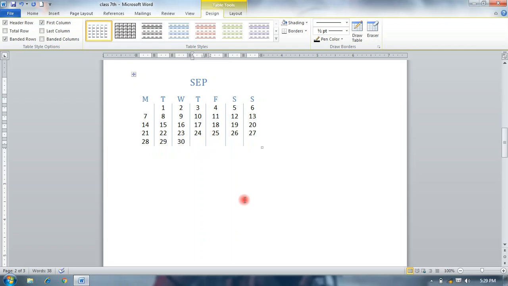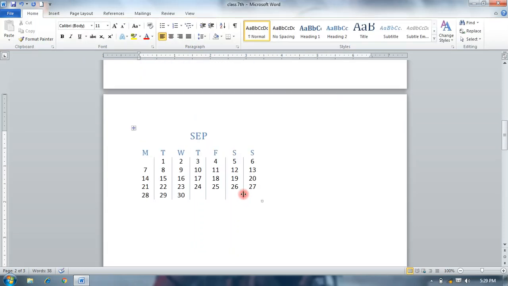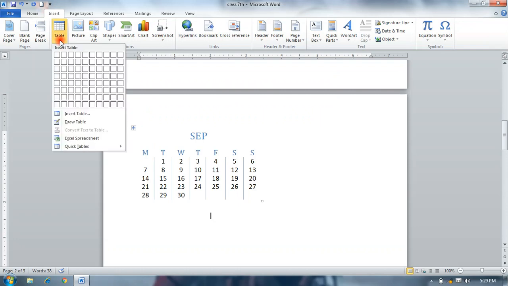Okay, so these are some different ways to create a table.